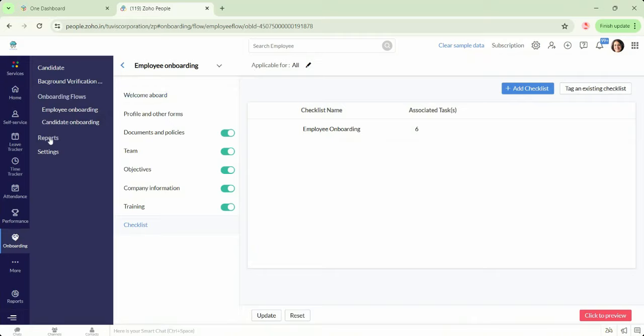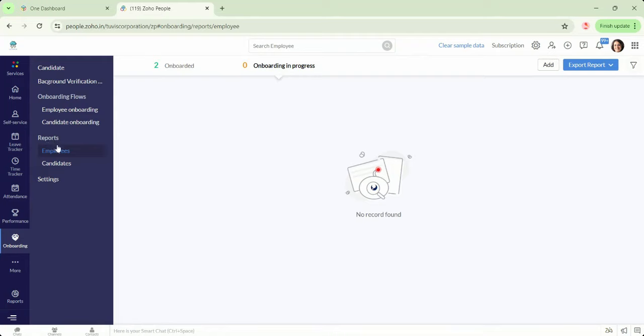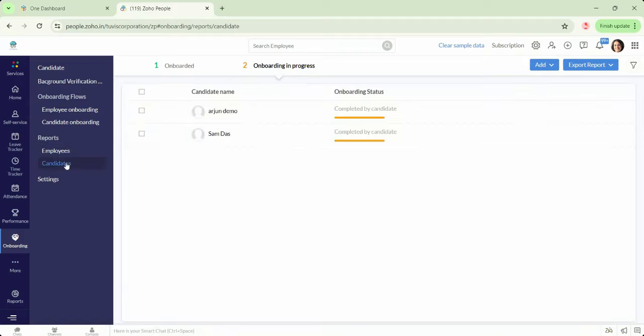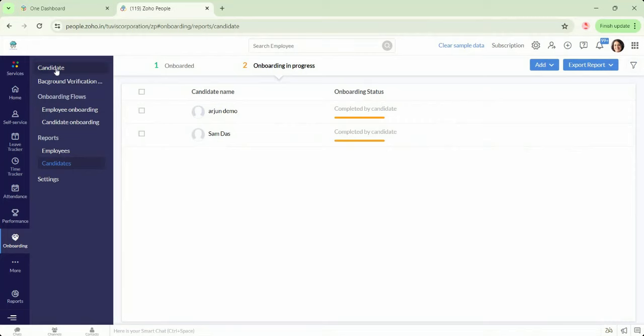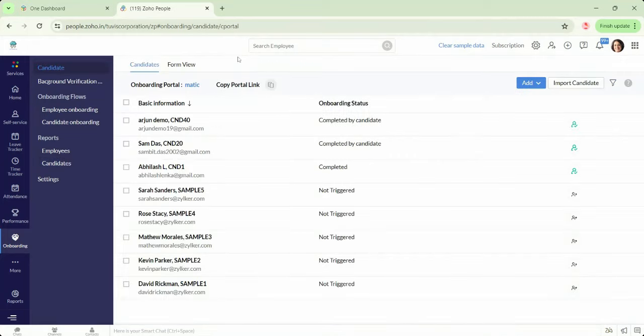Now we have the other tab called reports. Under reports in the admin portal, they can see the onboarding status of the employees, and the candidate onboarding status can be seen here, whether it is completed or in which stage the candidate onboarding is. Next, we have the candidate form. Under this,